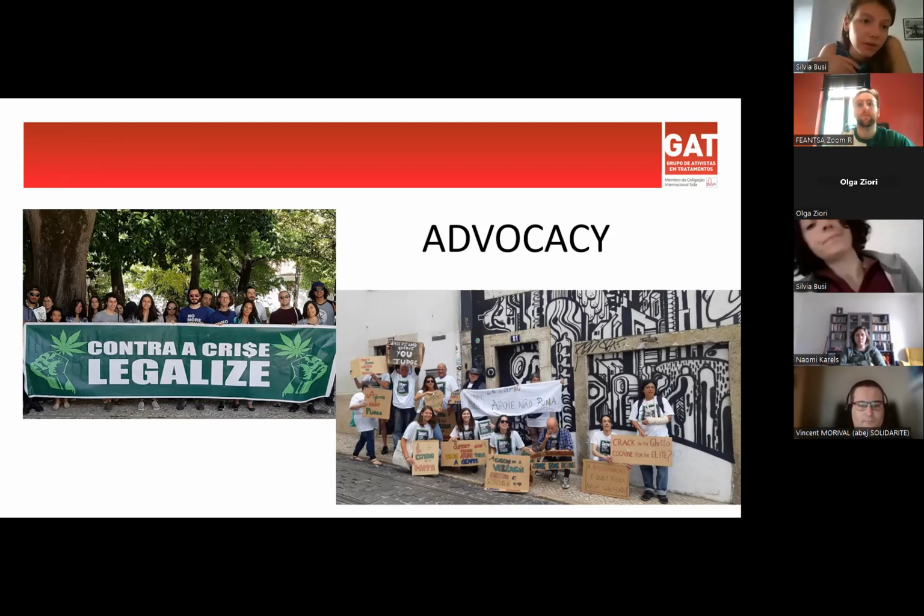These are two actions that we did in the last year. The one on the left is for legalizing marijuana. We are not there yet, but we are doing our best. And on the right is the Support Don't Punish event. That is a campaign that happens every year in June. I think it's on the 20th, I'm not sure, but it's a funded campaign. So if you have ideas for events, there's a call for applications where you can get funding to promote Support Don't Punish about drug use and people in situations of homelessness.